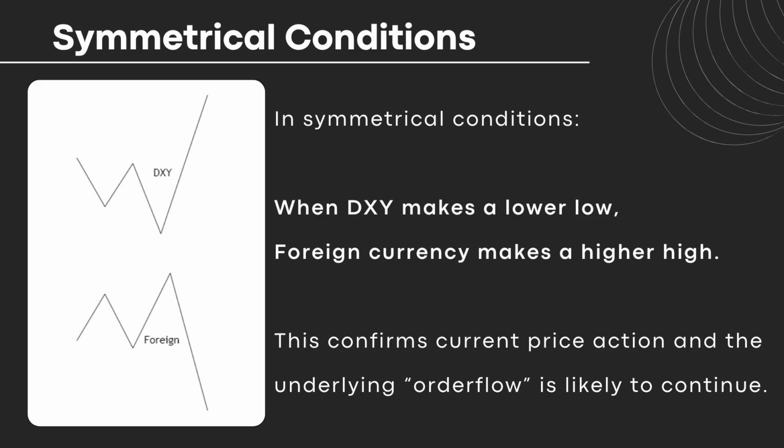It may be in an inverted fashion, but they are following a symmetry because they are forming the same sort of structure just in the opposite or the inverted manner, but the structure or the symmetry is the same. This type of structure in order flow suggests that the current price action and the underlying order flow is likely going to continue, right? The way you can use this idea is, for example, we are in a bullish